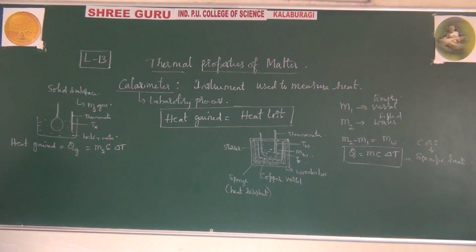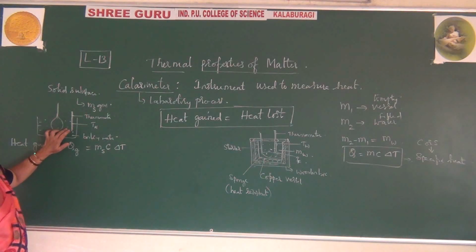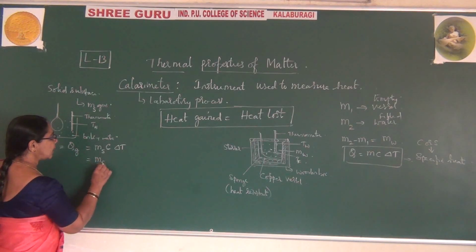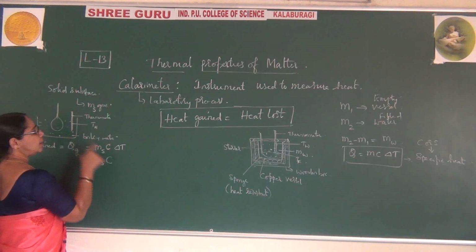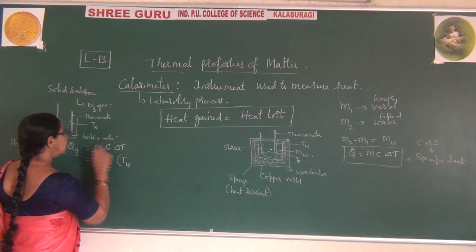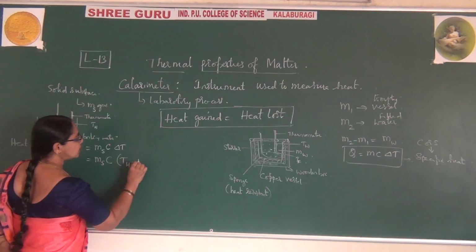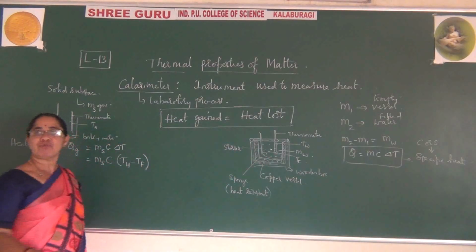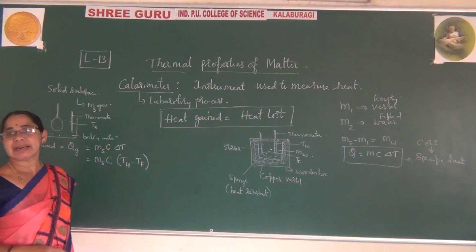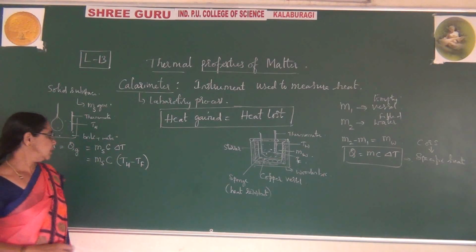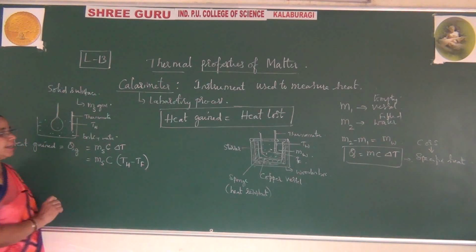So here this can be written as heat gained in this case. Now the first point, what do we have to write? Here, for the rise in temperature, let me write: this is ms, this is c as it is, and ΔT, where rising temperature means Th minus Tf. Because I am putting this into the container which contains water, it has risen to the final temperature. So Th minus Tf. This is for the heat gained by this.